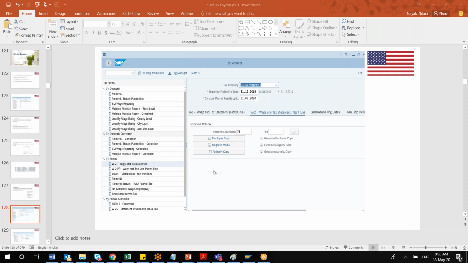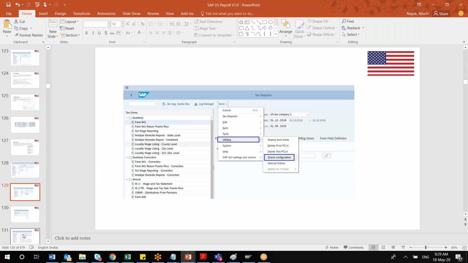In the same way, this W2 statement will also be visible. As an admin, I can always come back to this on-premise system and download it for my point of view. But it will be generated and sent to your Employee Central. These are a couple of reports for which I have taken a screenshot from my system.